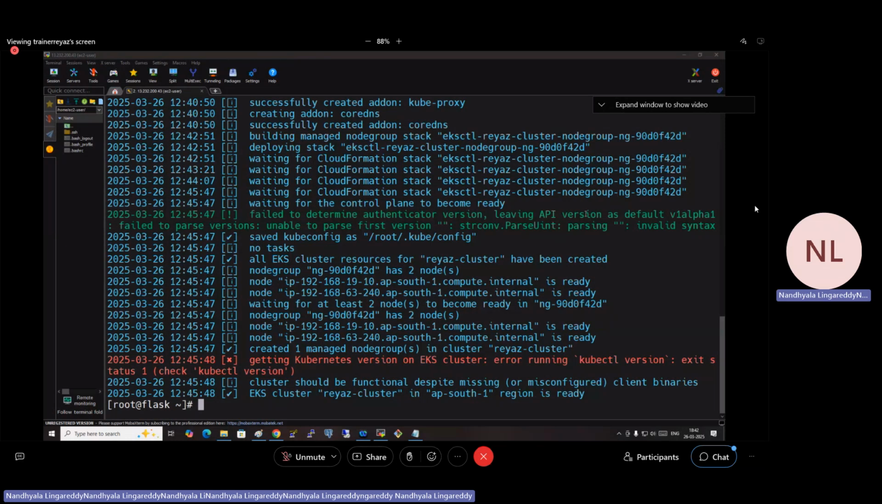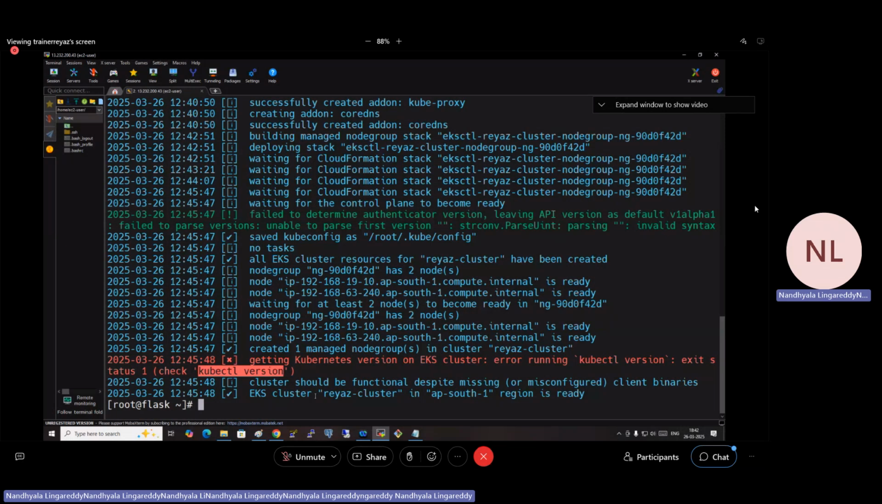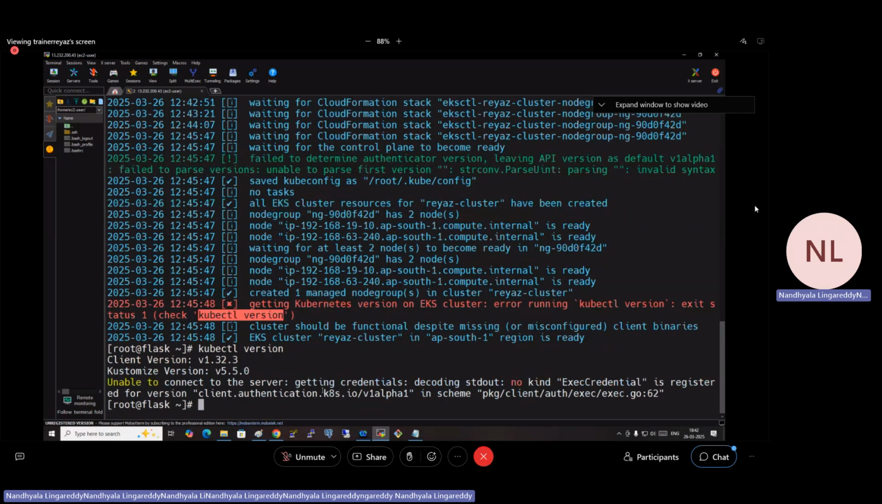All right, so let's move on to this project. What did we do now? We have created the cluster, but do you see this here? Some error is showing up when checking the kubectl version. So there is some problem with the kubectl version here. That's fine. But if I do eks get cluster,